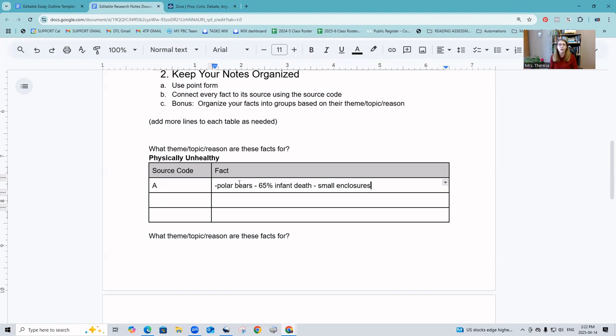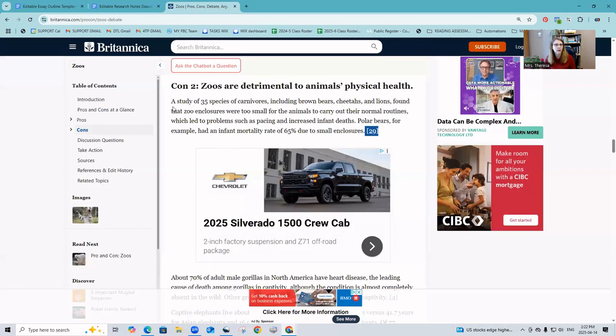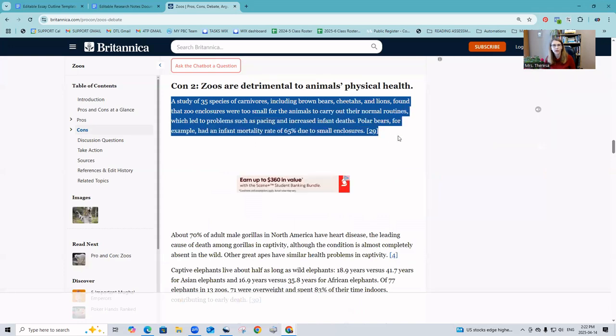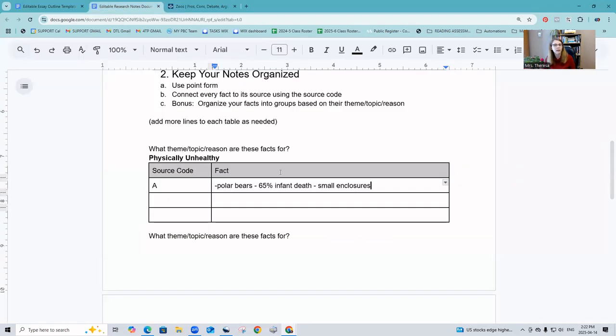The very first reason we use point form is it stops us from using the wording in the original source. So we are avoiding plagiarism when we do this. Also, some students are going to go, oh, this is some great information, and they're going to copy and paste the whole thing onto their page, but they haven't finished the note-taking.